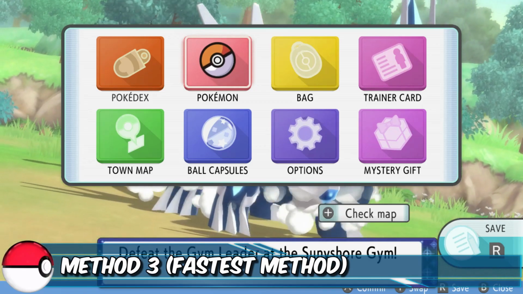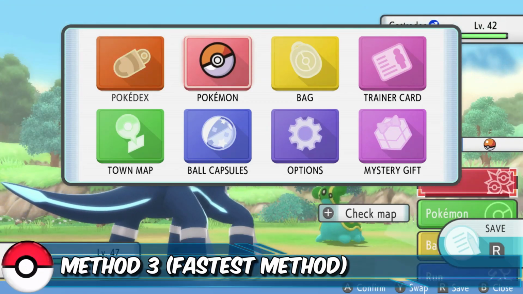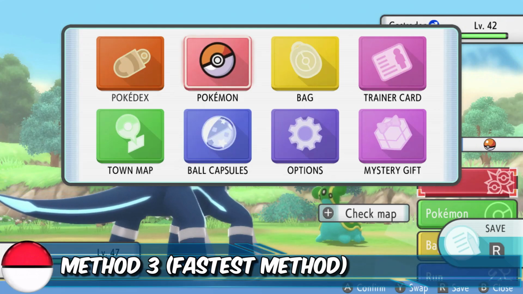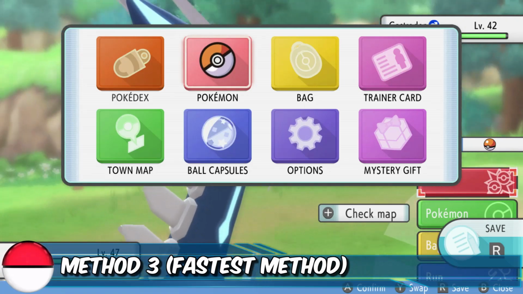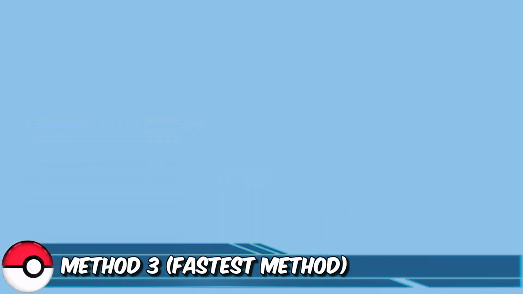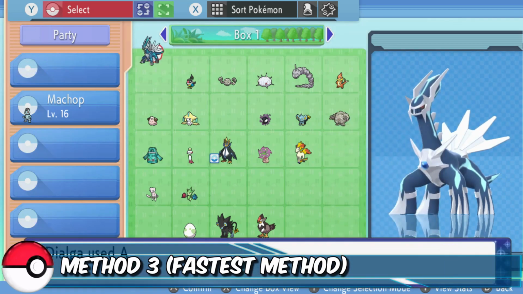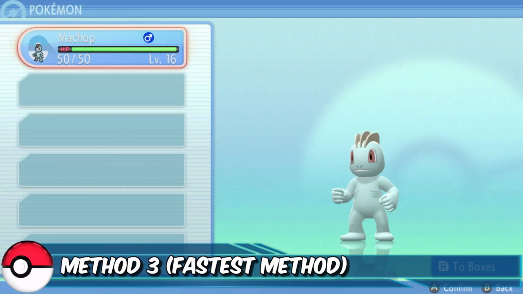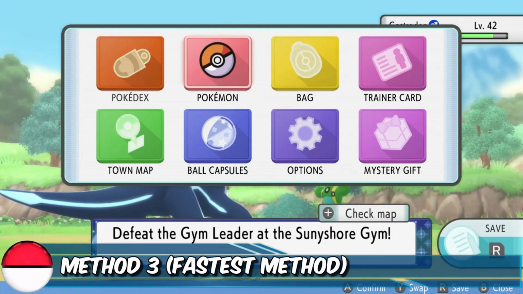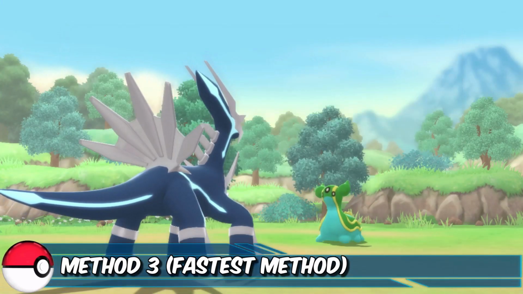So what we need to do is, you can see that we can both control the overworld map as well as the in-game battle map on the right-hand side there. So what we're going to do, go into Pokemon here, and we're going to just go ahead and go to your boxes. And then once we're here, we're going to put Dialga into our box, and then just exit out. And then we need to get back into the battle. And now that we're here, we're just going to go ahead and...